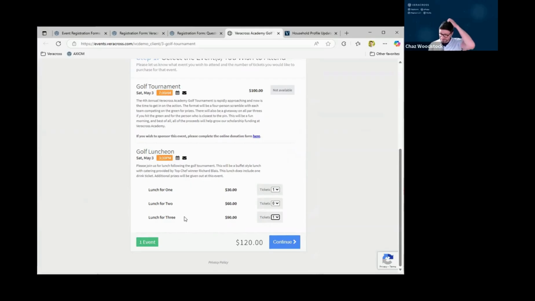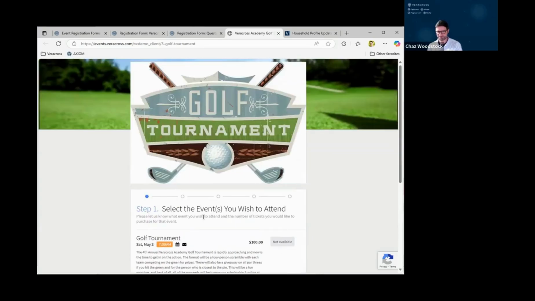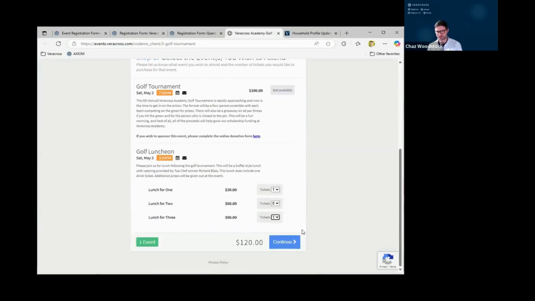So by the way, I do not remember exactly where this is on our roadmap, although I know it is on our roadmap to make this more of a built-in feature to capture additional participants for an event. But the best practice right now is to use the form and the data. So if I say lunch for 3,